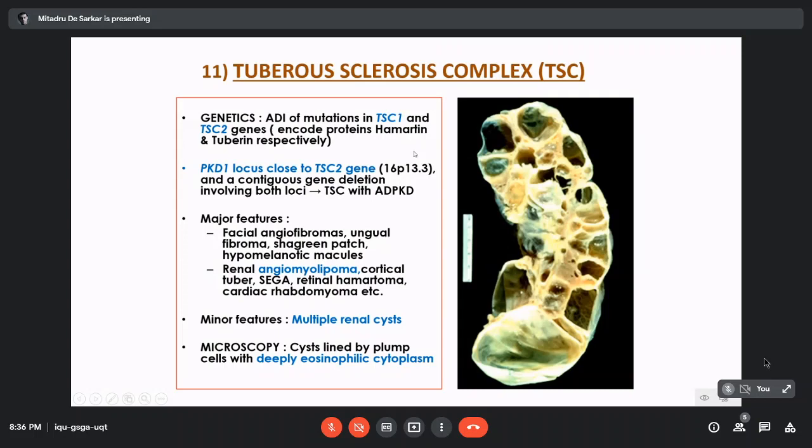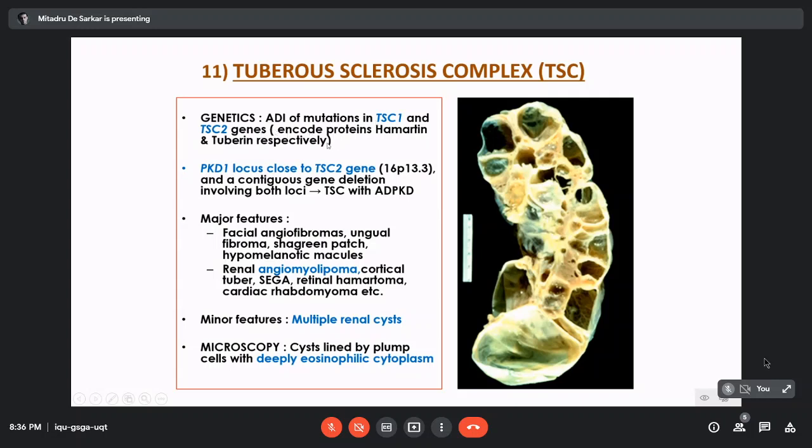The last two categories are basically non-neoplastic renal cysts, but they are seen in association with the tumor syndromes. Because they are non-neoplastic, I have included these two categories within today's discussion. The first one is the tuberous sclerosis complex. As we already know, it is an autosomal dominant inheritance of mutations in the TSC1 and TSC2 genes, which encode